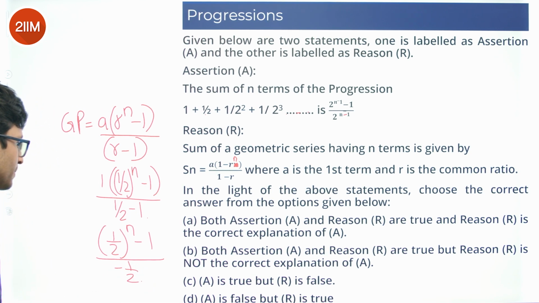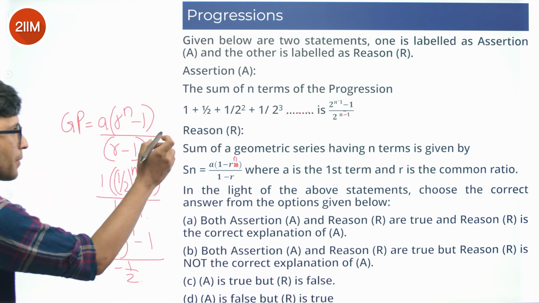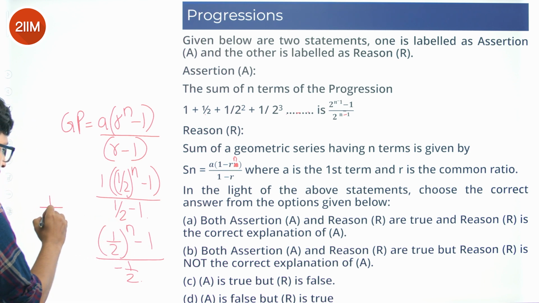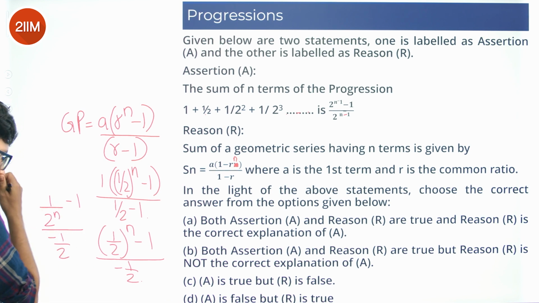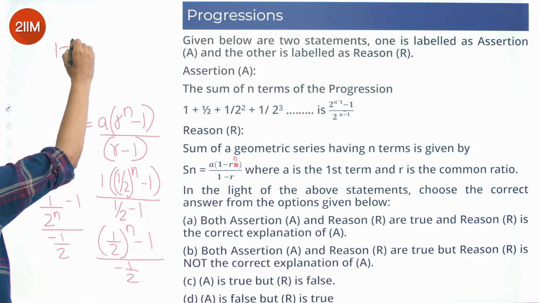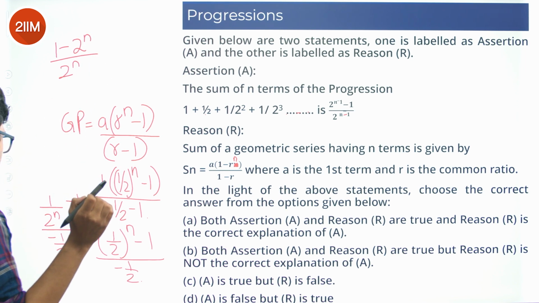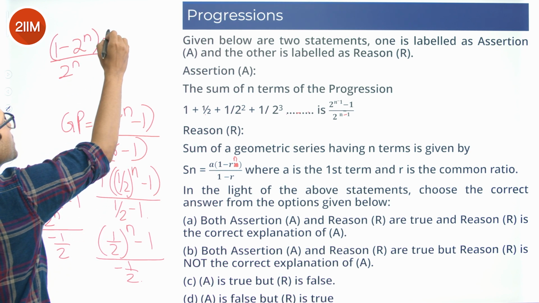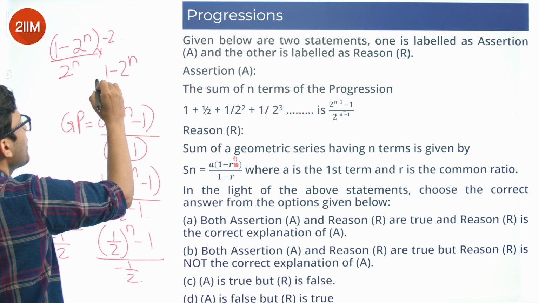Yeah. So this is my answer. This will turn out to be, let us simplify it a little bit more because we have to reach that value. So this would be equal to 1 by 2 power n minus 1 upon minus 1 by 2. So this will be equal to 1 minus 2 power n by 2 power n into minus 2. So this would turn out to be 1 minus 2 power n divided by